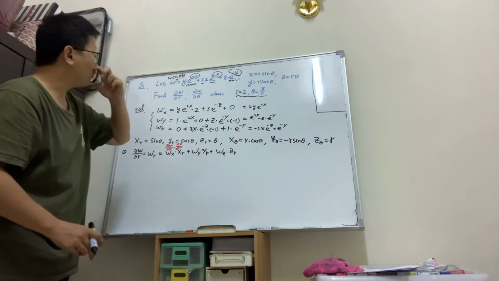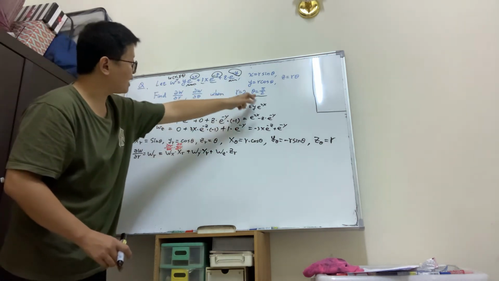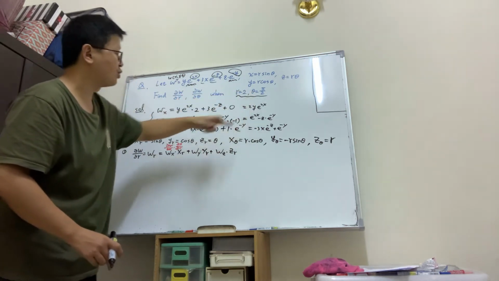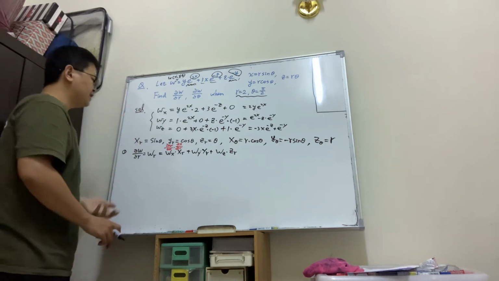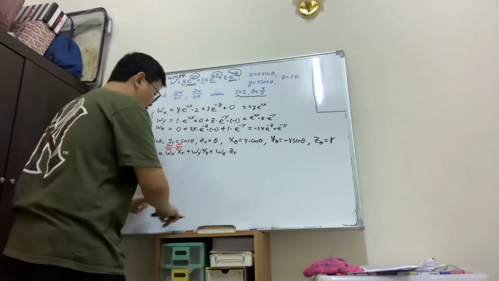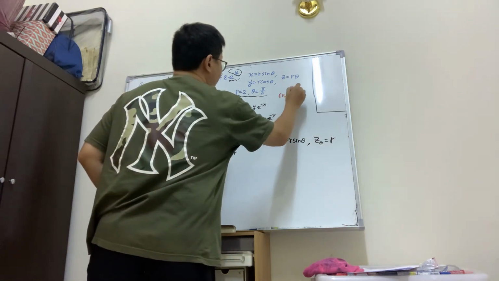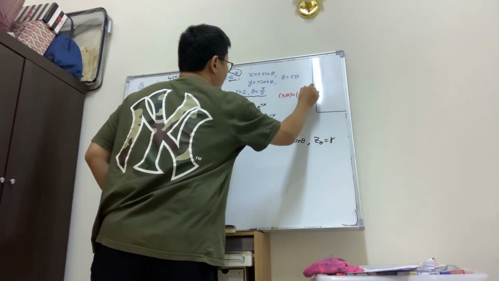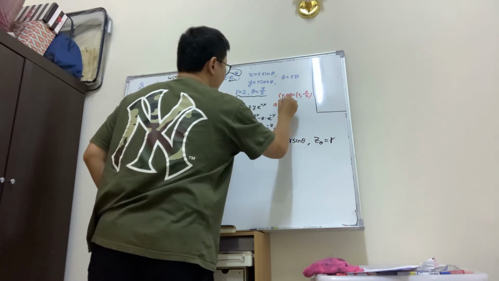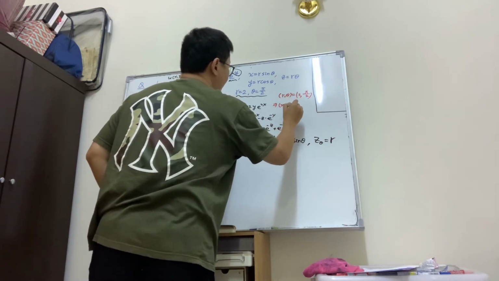So you should know when r equals 2, theta equals pi over 2, its corresponding SYG value. So when r, theta equals 2, pi over 2, what's the SYG value? SYG value becomes